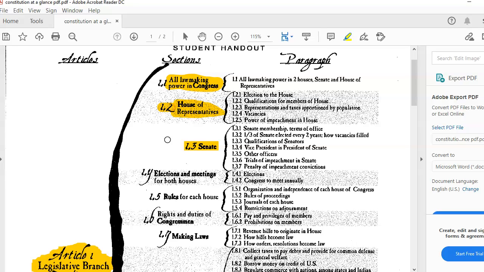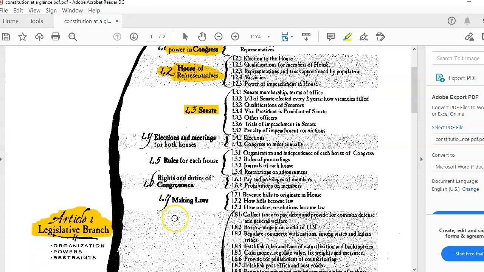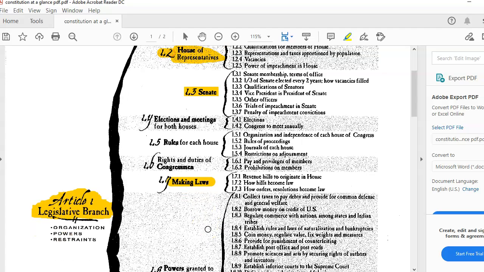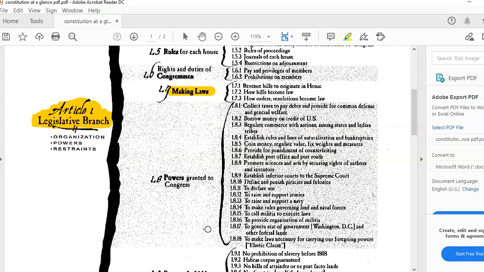There's a lot that Congress can do, the legislative branch can do, but the main things that we want you to know about is their main function is making laws. So creating legislation or making laws. And then it goes on to tell what are some of the powers granted to Congress in the Constitution. So we're going to highlight